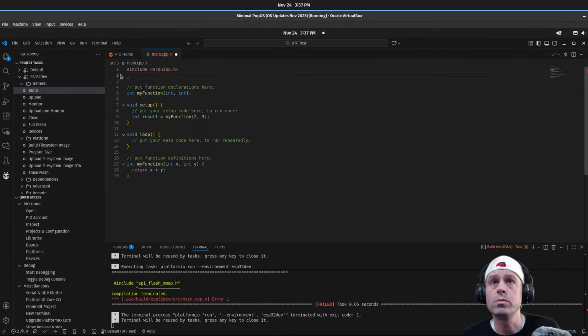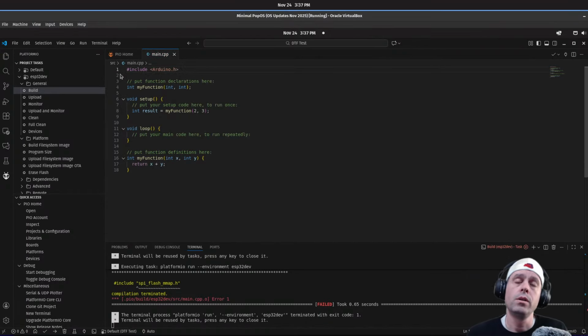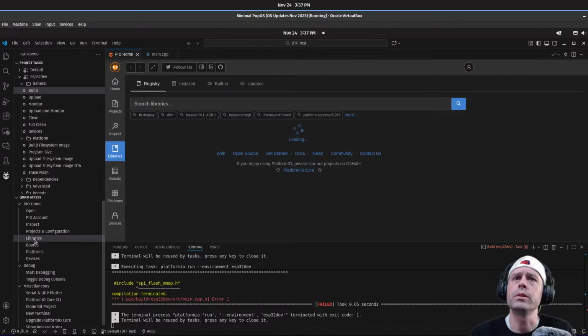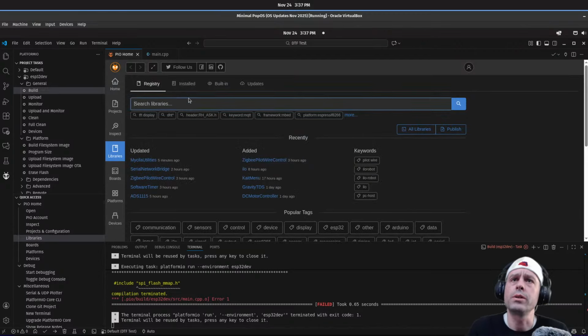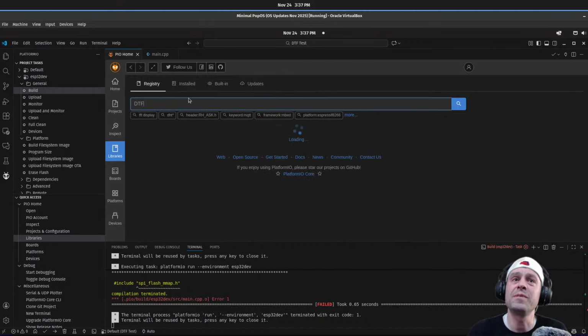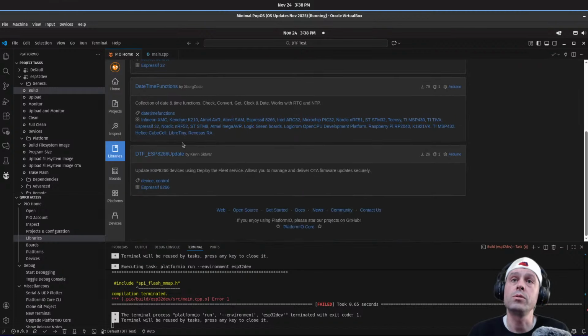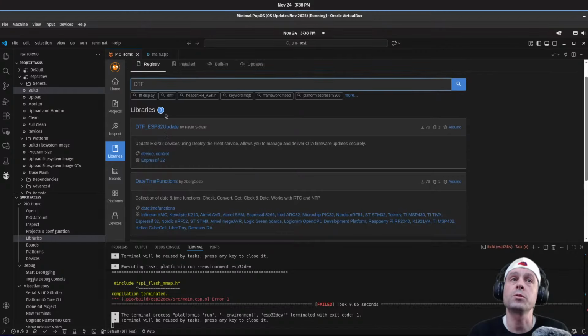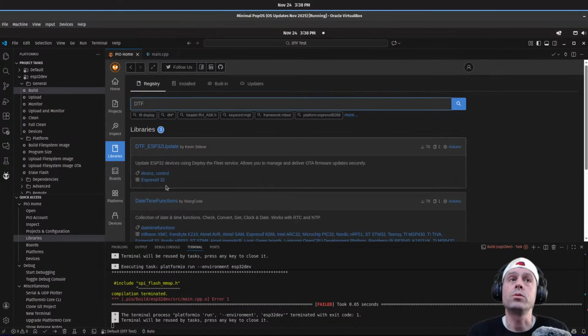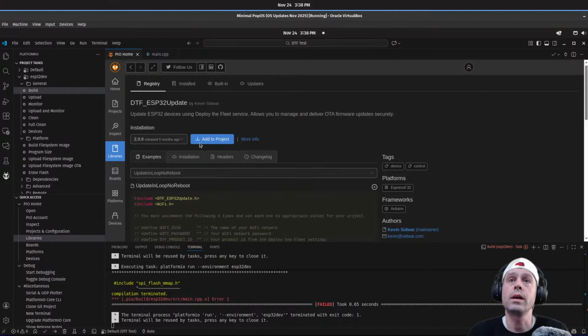Okay, so for those that know, I have a service called Deploy the Fleet that I built. And so I'm going to come into libraries here, and I'm going to search libraries. And I was super shocked at this. If I do DTF and hit enter, it's like, oh dang, that's my name. I didn't realize that PlatformIO ingests all of the Arduino registry into its own registry. And so I want the DTF ESP32, not the 8266 version, but we're looking at this one. So I am going to say I want to add this to my project.